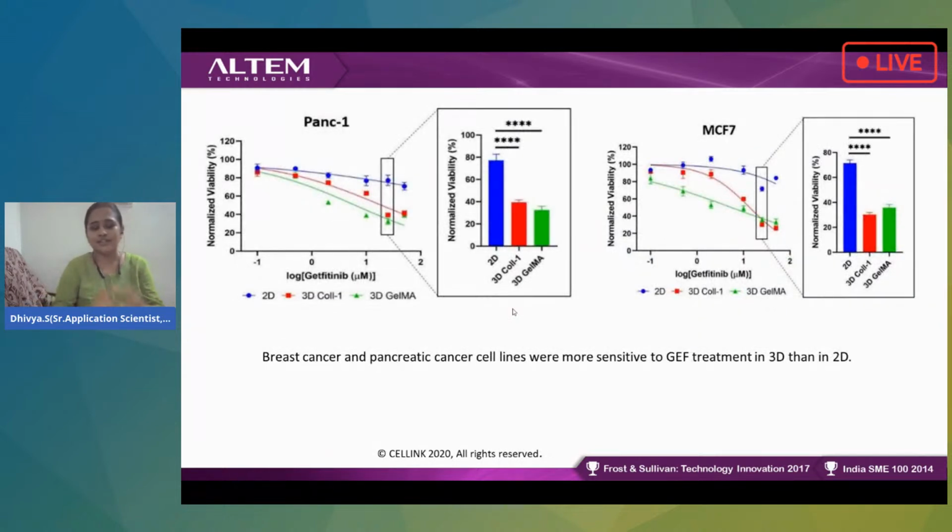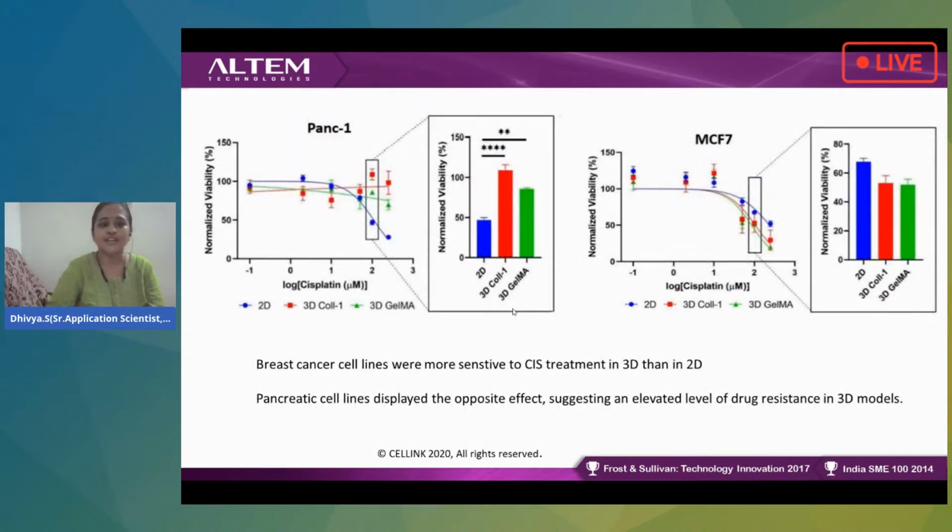And you can see the comparison of the results and the viability of the cells. The breast cancer as well as the pancreatic cancer cells are more sensitive towards the drug treatment in 3D than in 2D. The results show again that breast cancer cells are more sensitive in 3D than in 2D, and the pancreatic cancer cells are more sensitive in 3D and less sensitive in 2D. So this is how we are trying to